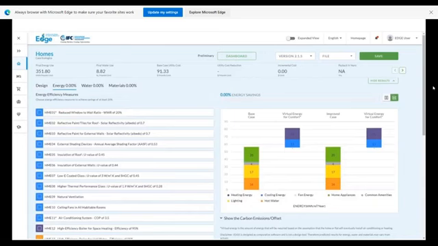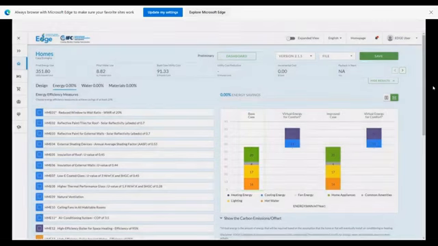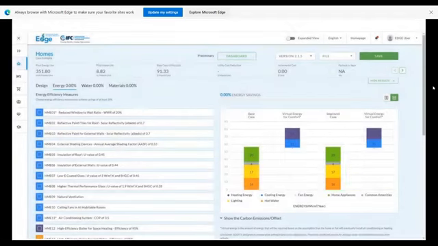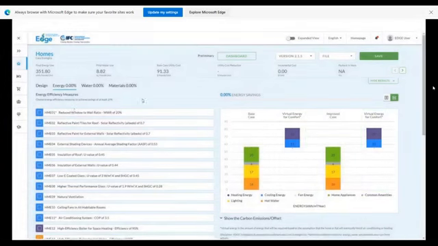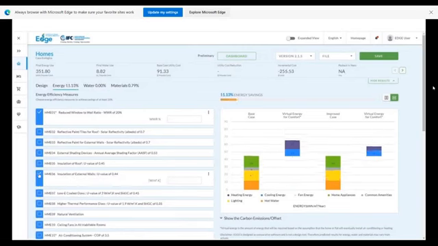The project's base case reflects the building's energy use before any design selections have been made. Our improved case will change once we select energy efficiency measures. As our apartment does not include AC or space heating, virtual energy reflects the eventual energy required for thermal comfort. Select energy efficiency measures and compare their costs and impacts instantly.